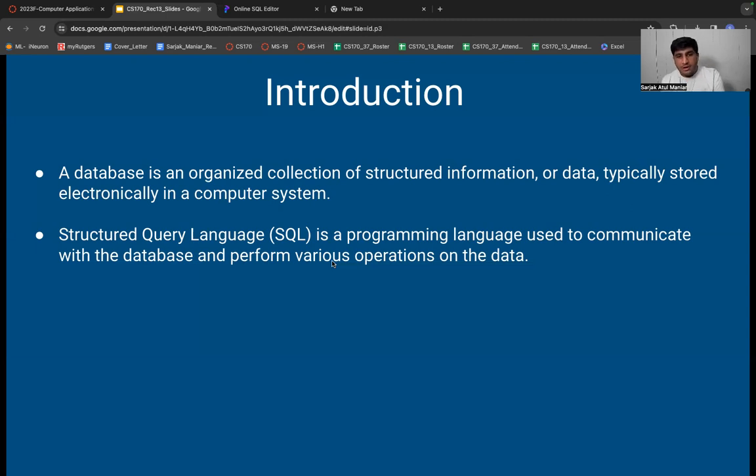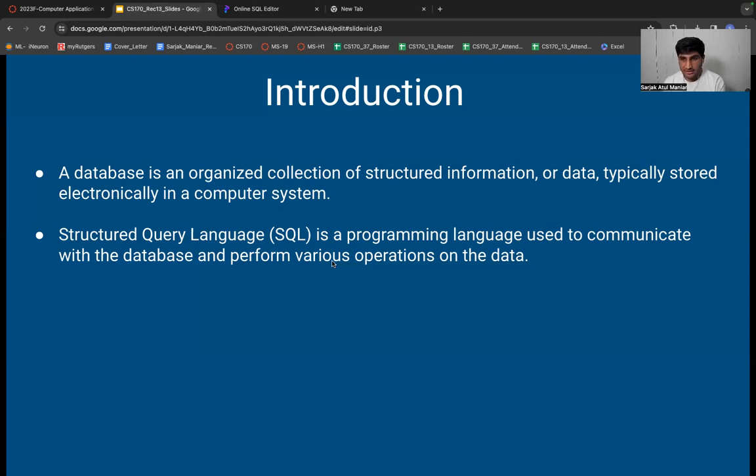So here also there's a definition of structured query language. Now, SQL is a programming language used to communicate with the database and perform various operations on the data. Just as we studied JavaScript in this course, structured query language is also a programming language, but of course, the purpose of the two is very different.